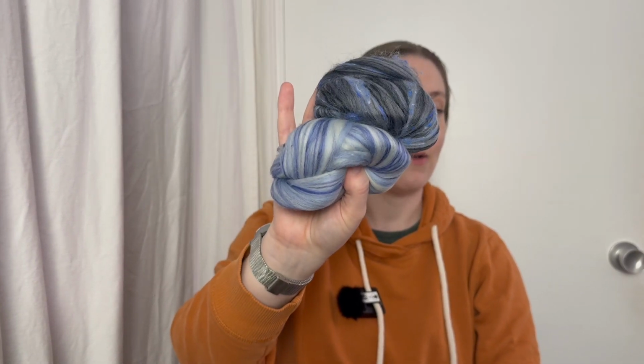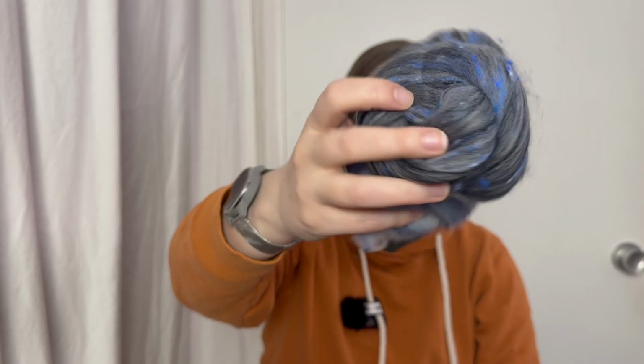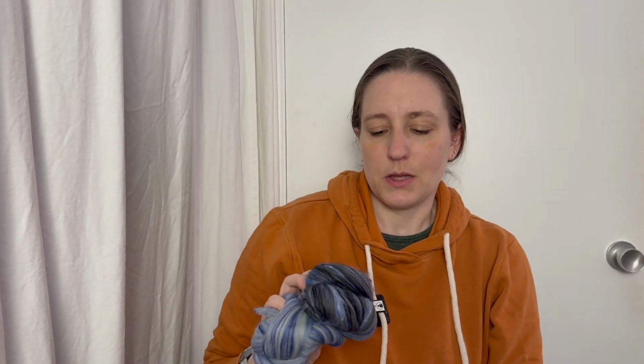So if I'm able to spin them up into something that resembles actual yarn, this is the one with viscose. It has tweed, a little tweedy one. If I'm able to spin these up into something resembling yarn, I might be able to use it as a contrast color in something, and it would just be fun. So